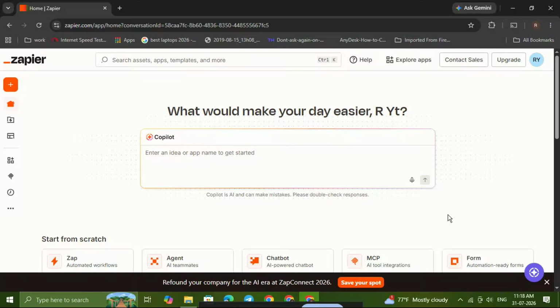If you want to connect apps and automate tasks without writing code, Zapier Webhooks are one of the most powerful tools you can learn. In this video, I'm going to show you how to use Zapier Webhooks step by step so you can receive data from other apps, trigger automations in real time, and build workflows that actually save you